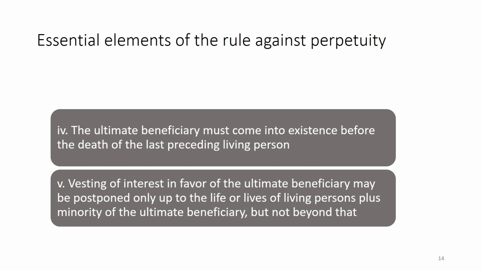So, what this rule against perpetuity says is up to what maximum extent time can be taken for the grant or transfer of the right to the unborn person. So this is the rule against perpetuity. Why has it been said? That means once the property goes from the donor to the transferee, it should not be for perpetuity. It must go to someone to whom it is meant to be given. So it is against the perpetuity.